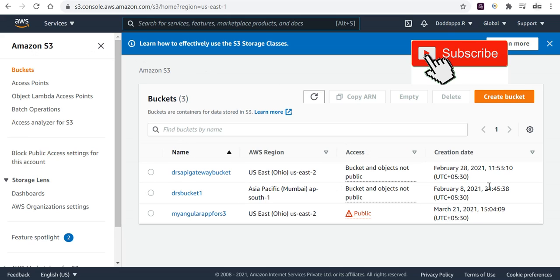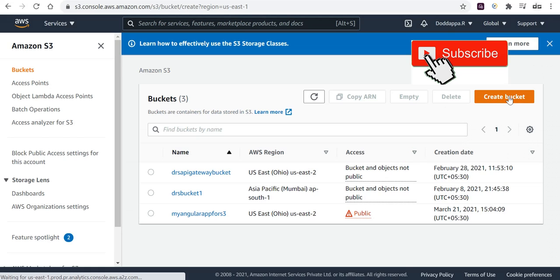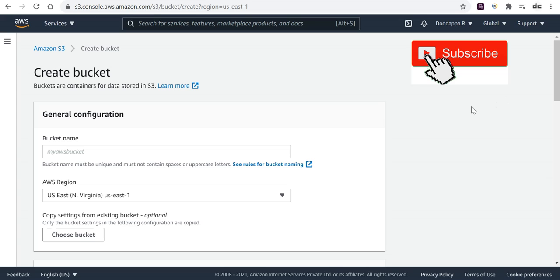So you can see this page, which is specifically meant to manage all the S3 related activity. On the right hand side, there is a button called Create bucket. If you click on this, it will let you create a new bucket. A new bucket in AWS S3 is nothing but a folder on your local machine, meaning you can store and retrieve your data, and it supports beyond the folder on a machine. Once you click on this, you will see a form to be filled.